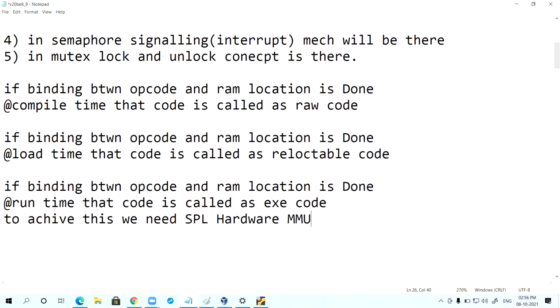So, the address binding concept we are discussing. There are three types of address binding between the opcode and location: compile time binding, load time binding, and runtime binding. Is it clear?